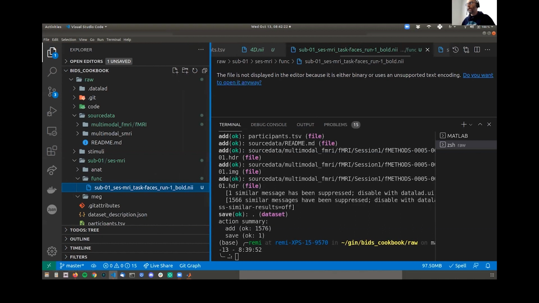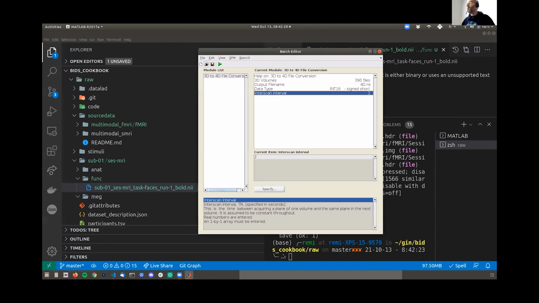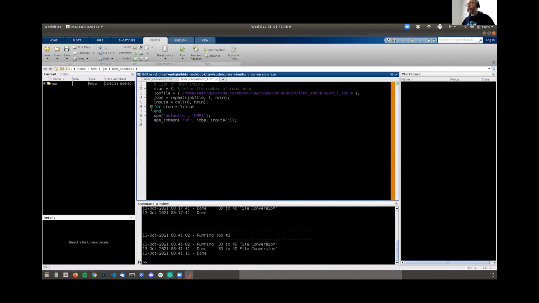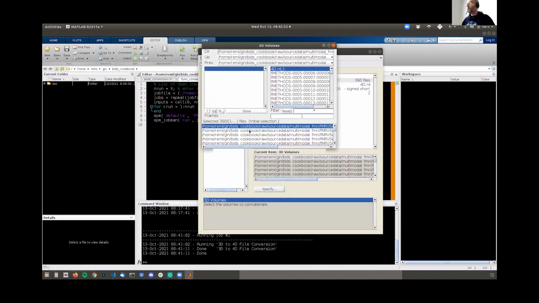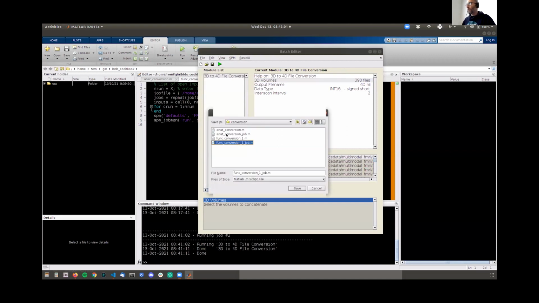Okay, so this is your first run. The second run would be much the same. I forgot to save this, so let me save that quickly. This is the func folder. Now we need to get the second session and do the same. Let's save that as well, so that we don't mess things up and we always know what we've done.